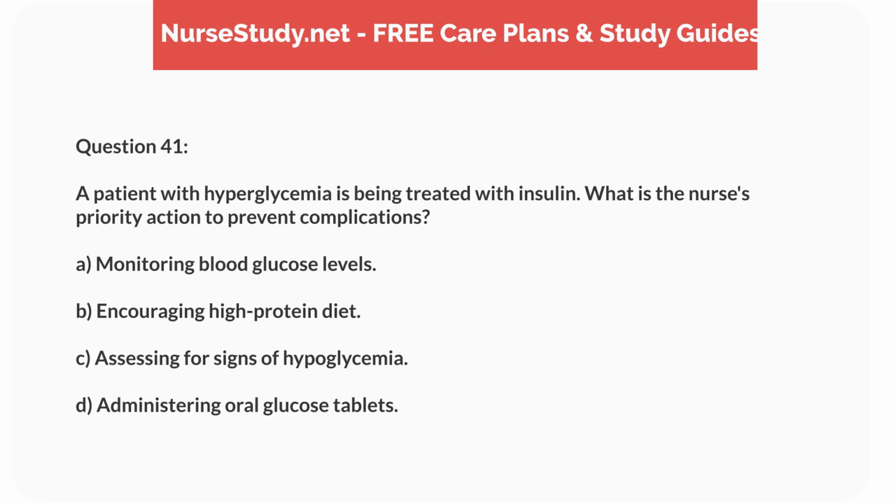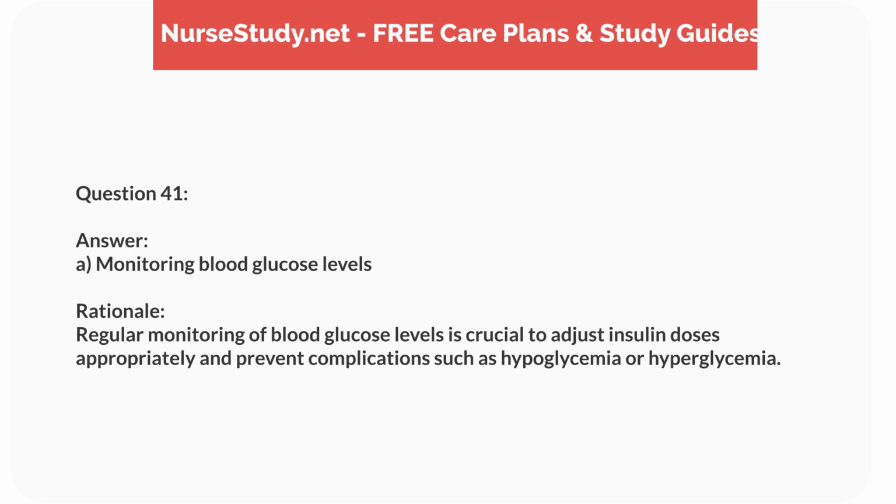Question 41. A patient with hyperglycemia is being treated with insulin. What is the nurse's priority action to prevent complications? A. Monitoring blood glucose levels. B. Encouraging high-protein diet. C. Assessing for signs of hypoglycemia. D. Administering oral glucose tablets. Answer: A. Monitoring blood glucose levels. Rationale: regular monitoring of blood glucose levels is crucial to adjust insulin doses appropriately and prevent complications such as hypoglycemia